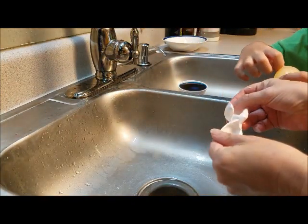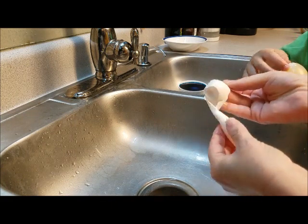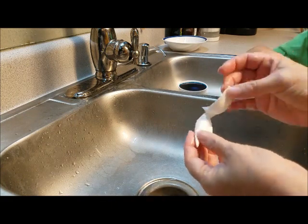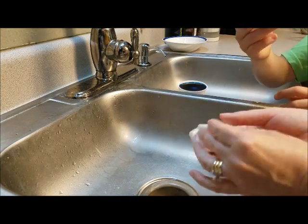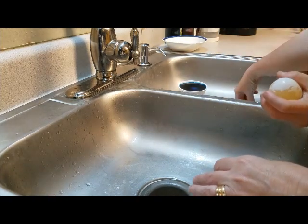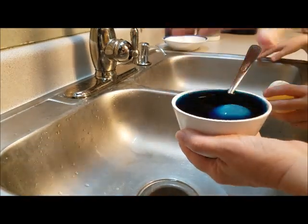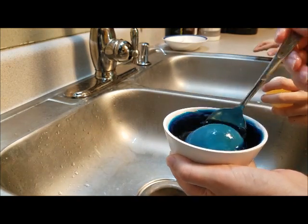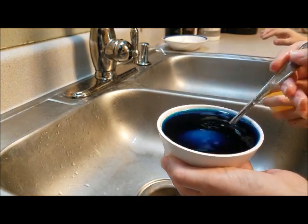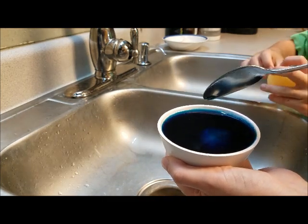Alright, so this is actually what we're peeling off of the rubber now, is this shell right here. See how flimsy it is? And then we didn't completely take the shell off of this one. We didn't completely take the white off of this one. So we're just soaking it in the blue, and once I get all the white off of this one,